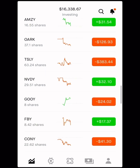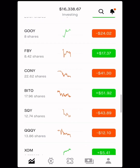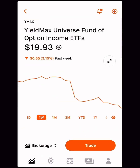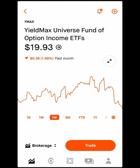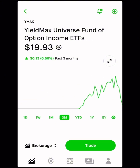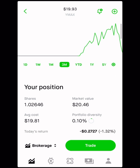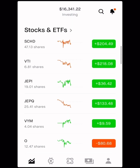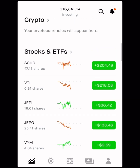alternative. The YieldMax team came out with a fund that they are trying to put everything into one. And I want to see how this goes, but my intentions for this would just be to consolidate about 5 or 6 funds all into one fund, and then hopefully get a similar dividend. So we're going to keep an eye on that. We might do more into the YMAX, but if not, as always, we're just going to be adding to our